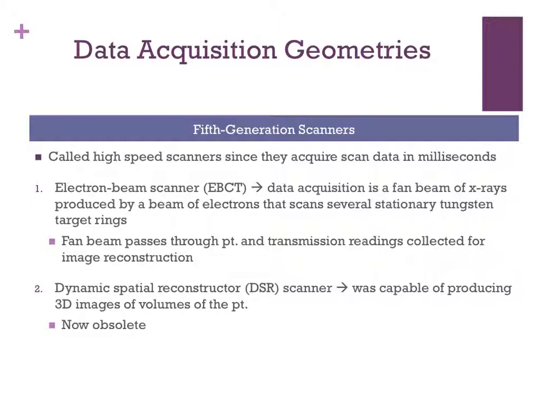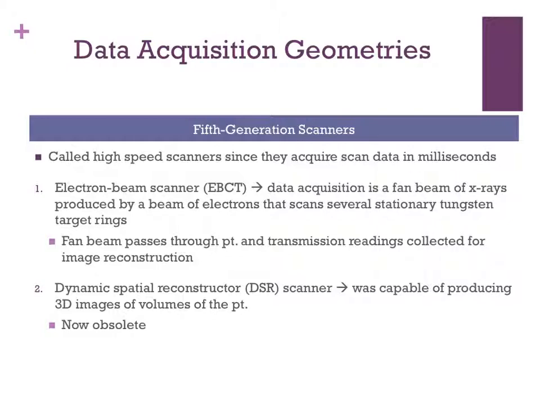The fan beam actually passes through the patient, and transmission readings are collected for image reconstruction. Another example of a high-speed scanner is the dynamic spatial reconstructor scanner. And this was capable of producing 3D images of volumes of the patient, but it is now obsolete and